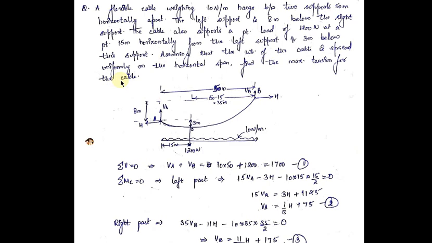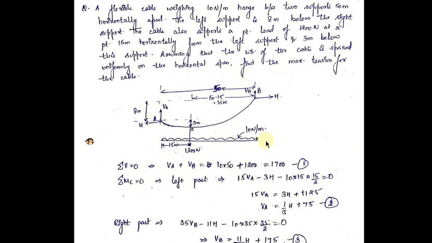See, now in this question, the first load acting on the cable is 1200 newtons, and it is also saying that we have to consider the weight of the cable, and this weight of the cable is acting uniformly on the horizontal span. That is, the second load will be your UDL, and this UDL will be equal to the weight of the cable, which is 10 newtons per meter. So now we have to find out the value of maximum tension for the cable.